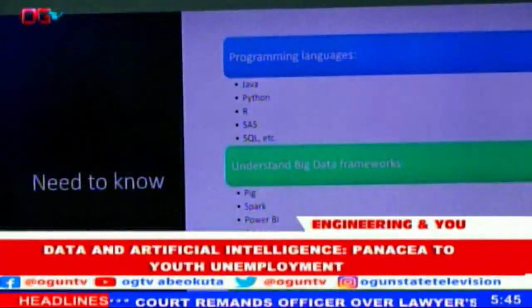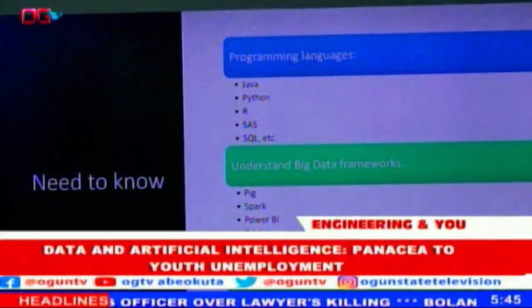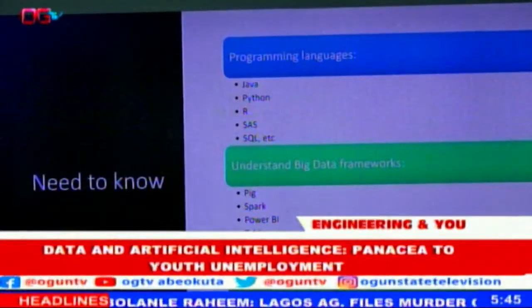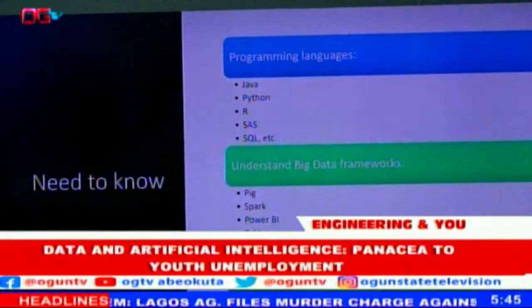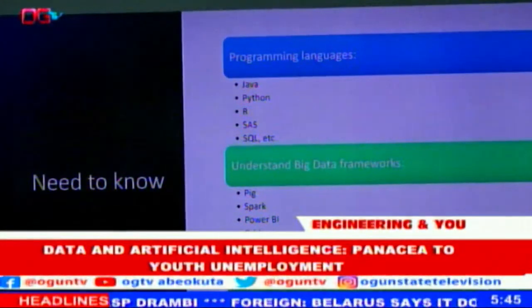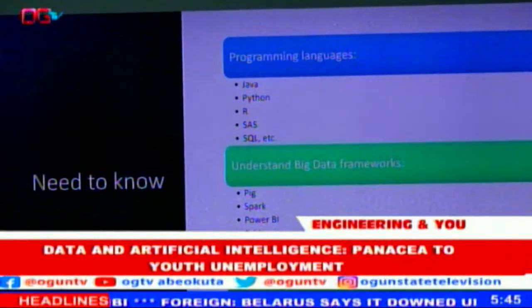Now, this is what I refer to as need to know. There are some programming languages that are required, like Java, Python, R, SAS, SQL. However, there are also some data science tools or platforms that we refer to as